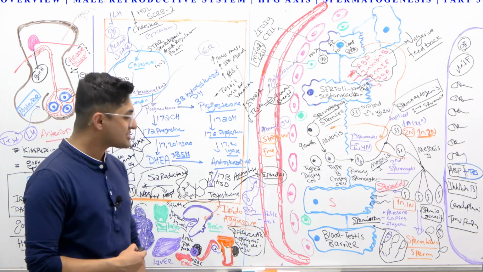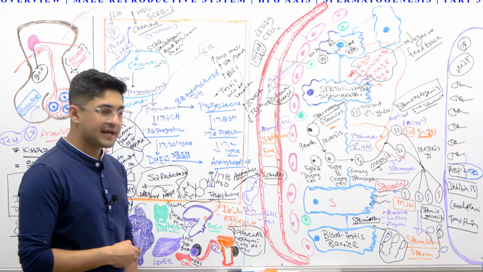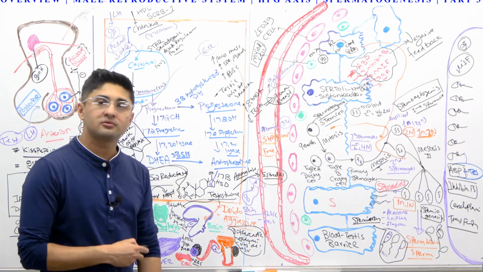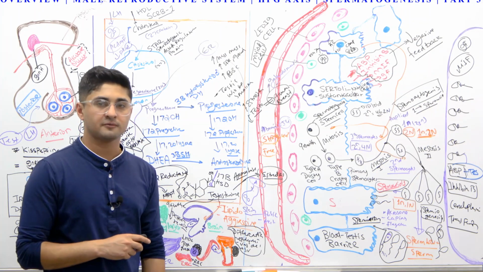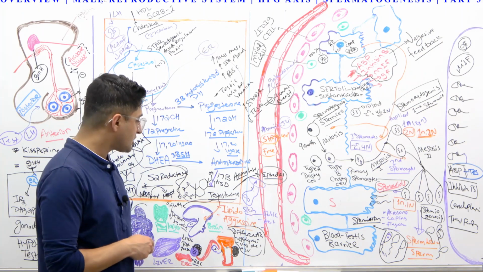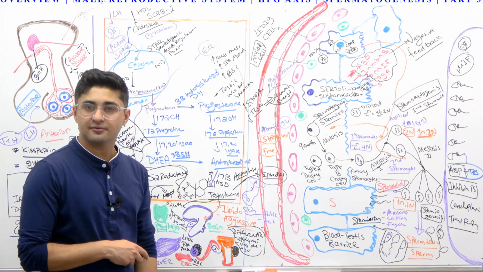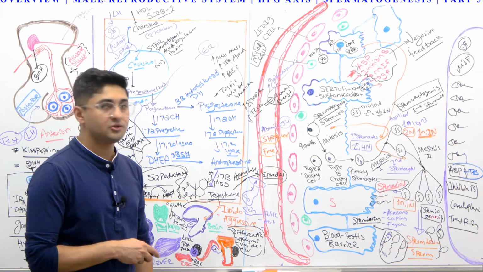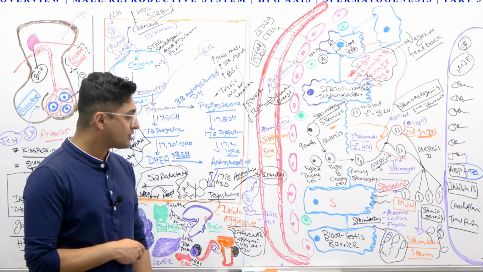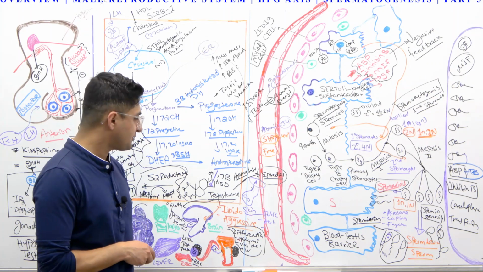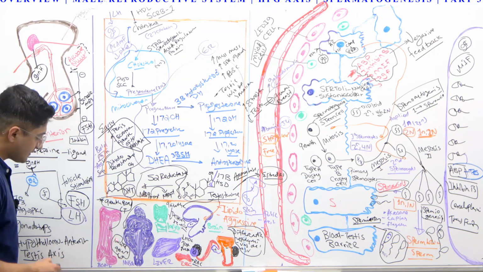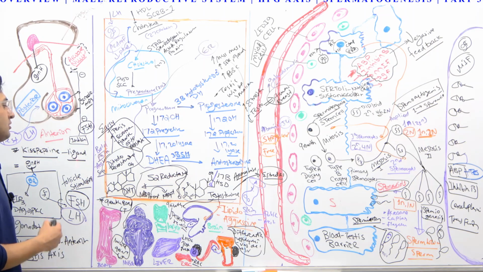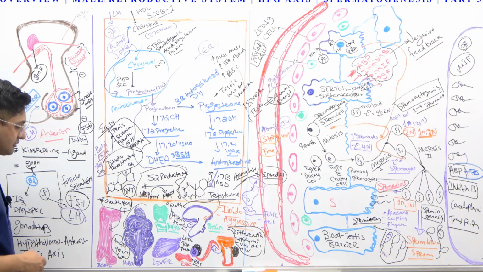Remember one more thing, testosterone stops being made at the 5th month of your fetal life. Testosterone does not get produced after that until you hit puberty. So there will be no testosterone production from the 5th month of fetal life until you hit puberty, all right? And then the growth of the beard also happens with the level of dihydrotestosterone.